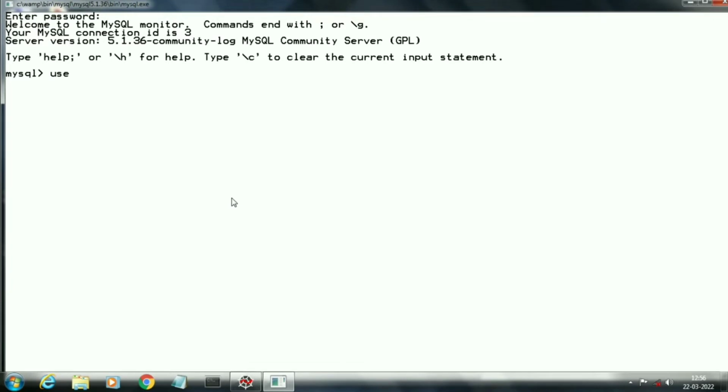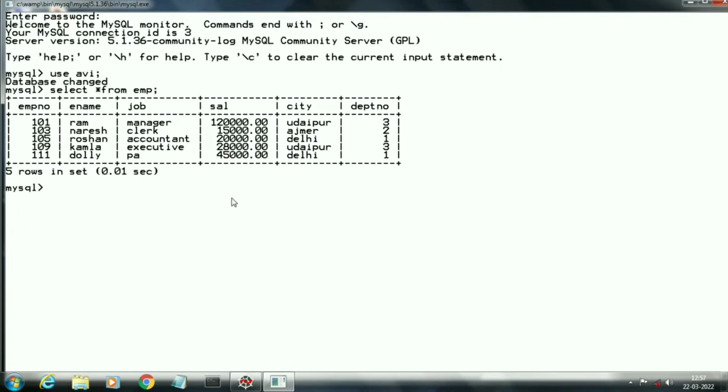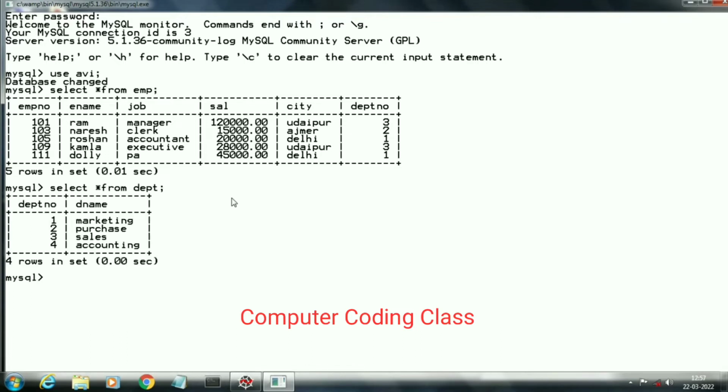Let's start the practical session. Here I am using the AVI database. Here we are also using two tables. The first table is the employee table, EMP, and the second one is the department table, whose name is DEPT. Here you will find that both tables have a common column, that is department number.